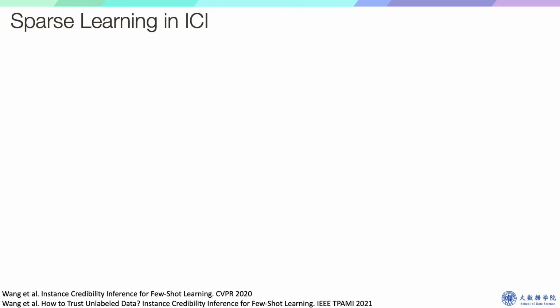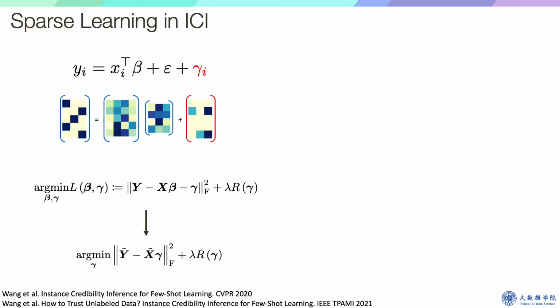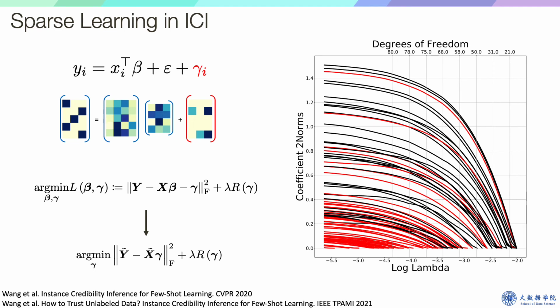As we introduced earlier, we model the features and one-hot pseudo-labels with the aforementioned linear system with noisy indicators. Then we solve this system and simplify this to a standard linear regression of noisy indicators. However, popular approaches to choose lambda are not suitable in our case. We thus generate a solution path to better identify the noisy data, as visualized in this figure.